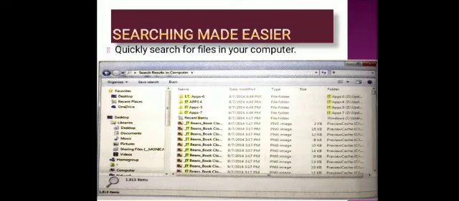Next is searching made easier. Searching is very much easier when we are using Windows 7. It allows us to quickly search more things in more places in our computer. Simply you have to write some text in the start button. In the search box it is given.